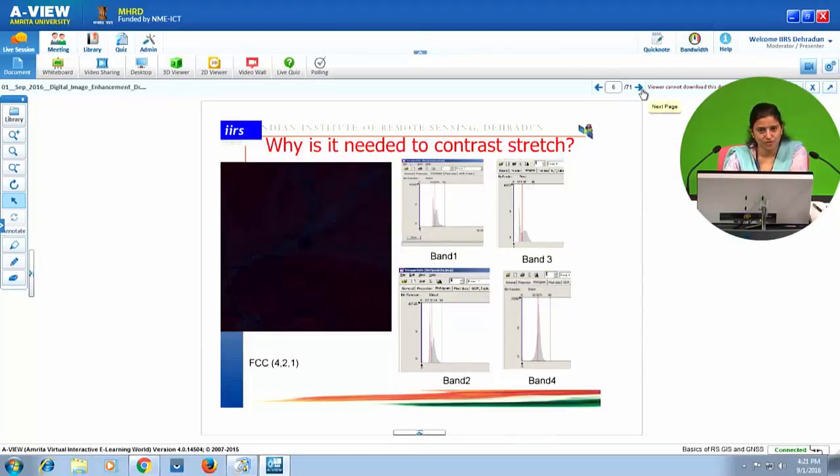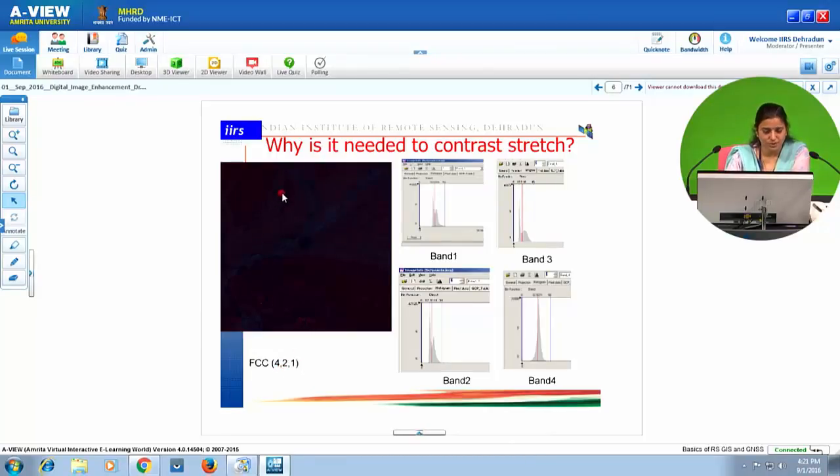Why should we go for contrast enhancement? Because, as I have already discussed, the raw digital numbers populate a very narrow range. They do not occupy the entire stretch of the digital range. As you can see here, this is a false color composite. You cannot see anything here, but the FCC is displayed here with band combination 4 to 1.